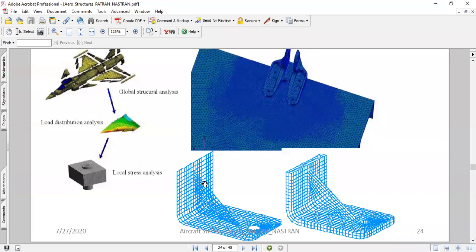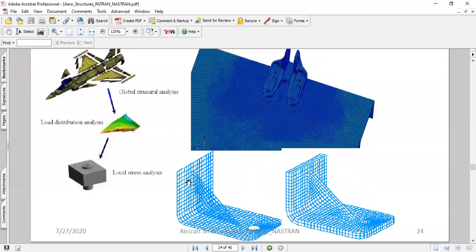Suppose, for example, you are analyzing a door of an aircraft, where these attachments, shear cleats or these kinds of brackets, come into the picture. Then you are not interested in the stresses that develop within the bracket itself. You are interested only in the forces that act on the door interfaces.